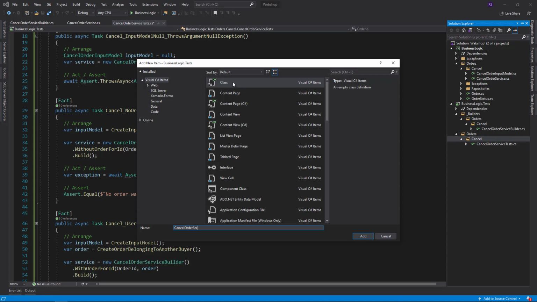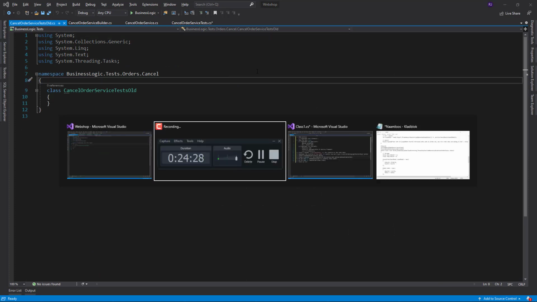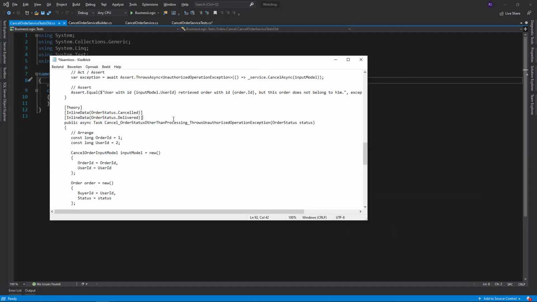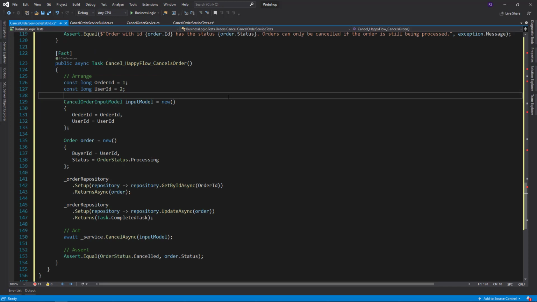Cancel order service tests old, and I still have that here in my notepad. And if I paste that here,